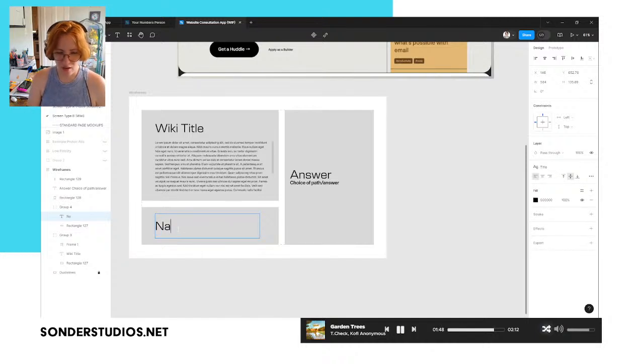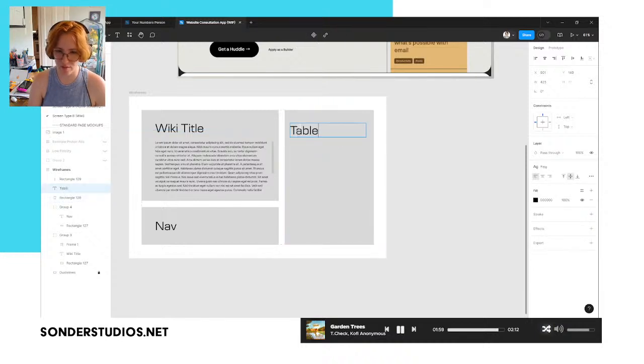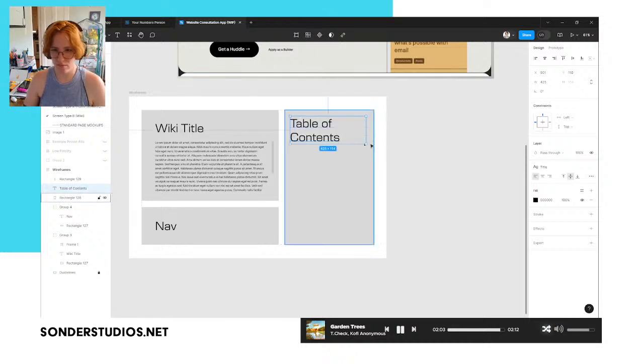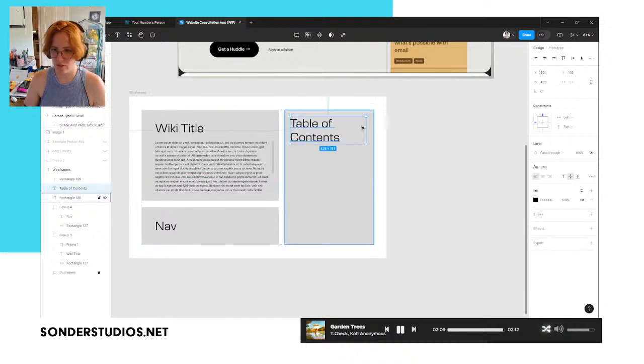This will be the nav. And this will be a table of contents. Let's make this a little skinnier.